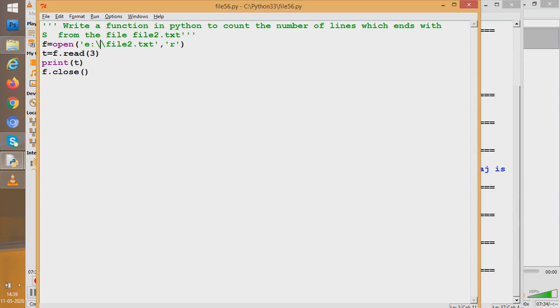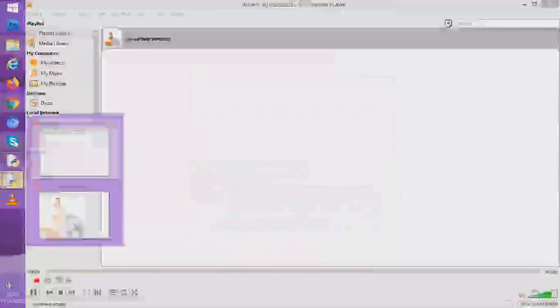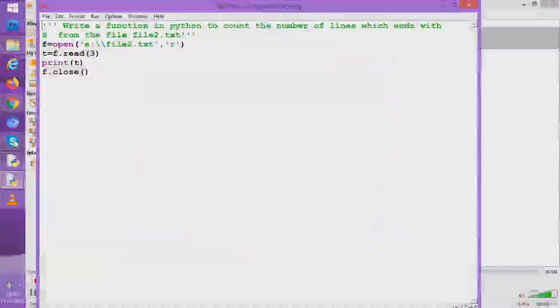So therefore two backslashes we have given here. So students, I think you have understood why double backslash now. You know that double backslash is actually working as a single backslash, but the first backslash is actually trying to deactivate the escape effect of the second backslash. So students, I think it is clear to you.